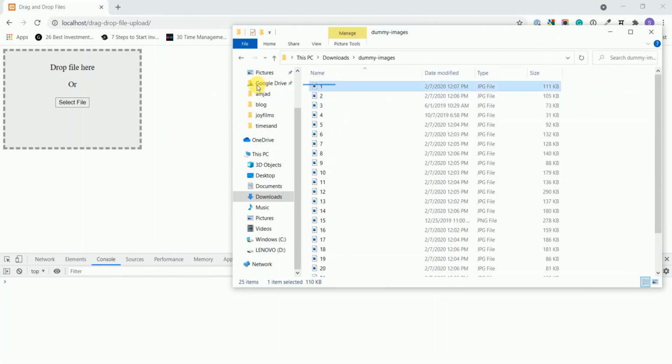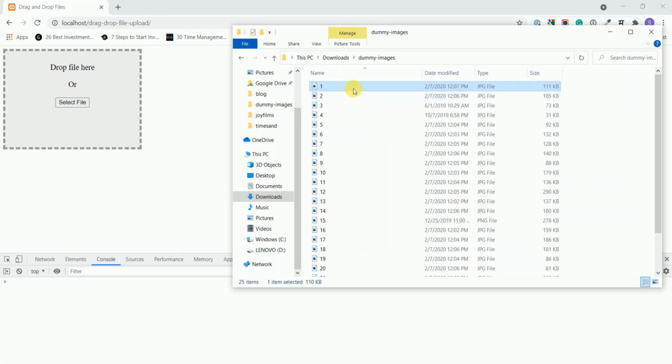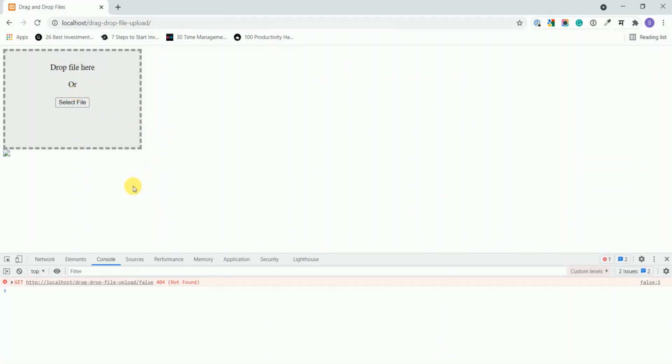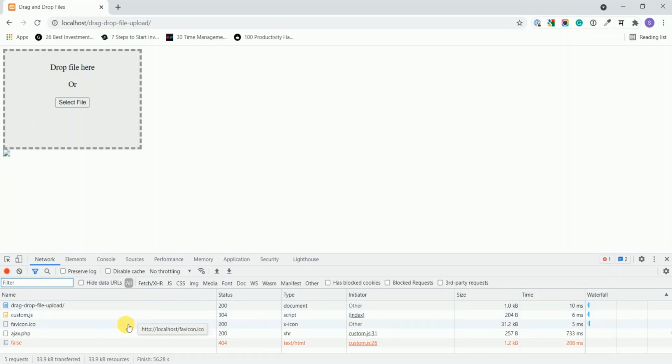Sorry. Drop. There should be some error. It should work actually. What is false?